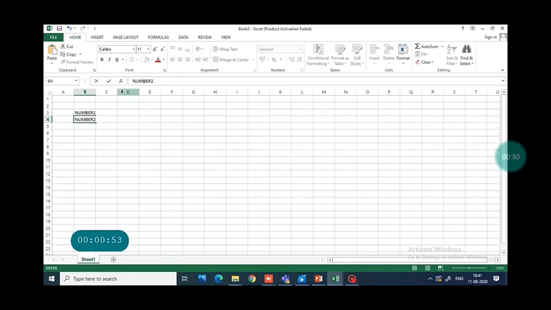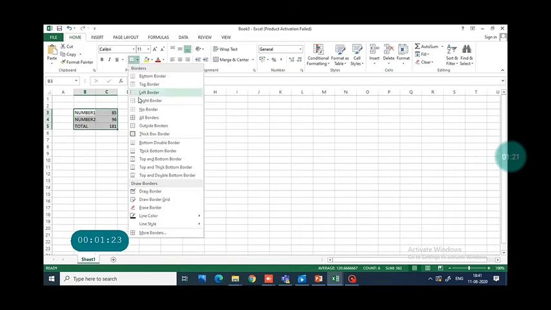We are taking two numbers, number 1 and number 2, and then we are going to take the addition of both the numbers. For that our formula begins with the equal to sign, C3 cell plus C4 cell, and just click on the Enter key. In this way we get the addition of two numbers by using the basic formula.